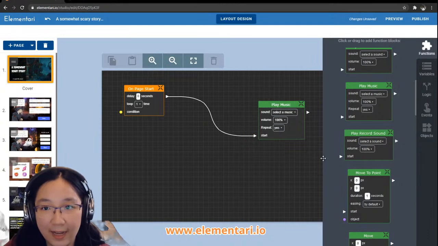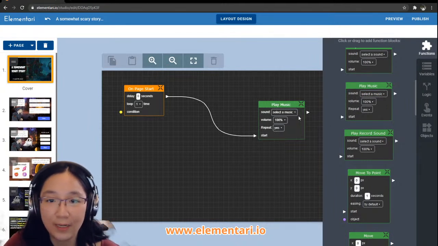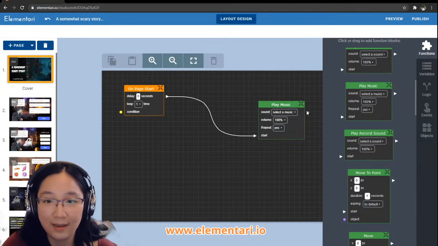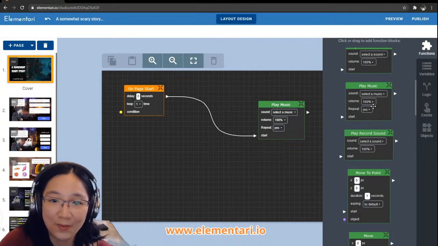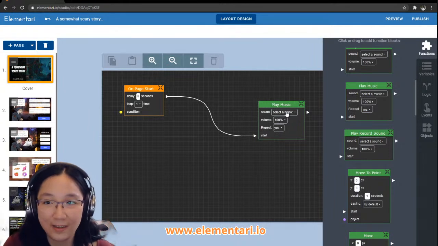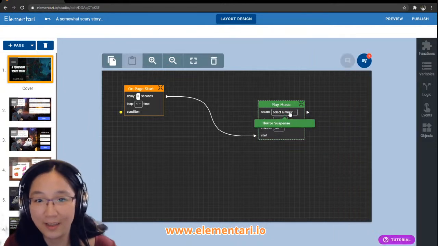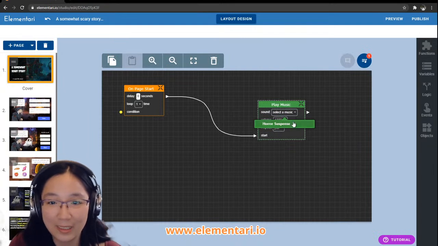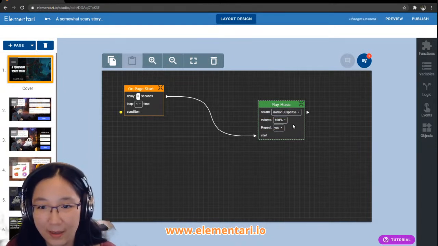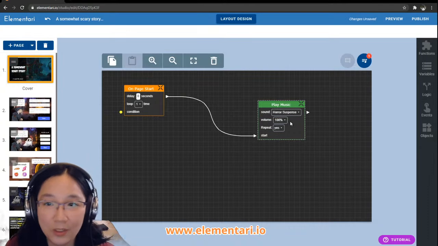And then we need to select the sound. You see there's on the green block, you have select a music. Yes, this one, select a music. Click it, and select horror suspense. Perfect. Now preview, make sure it works.